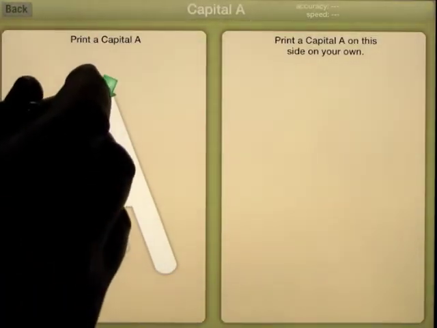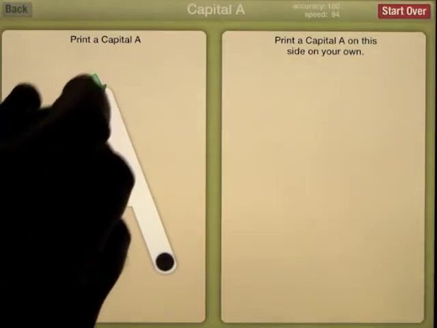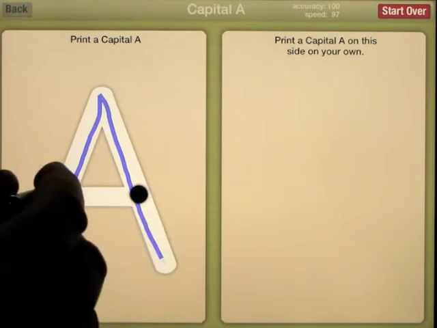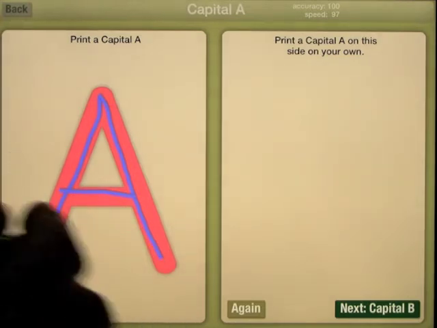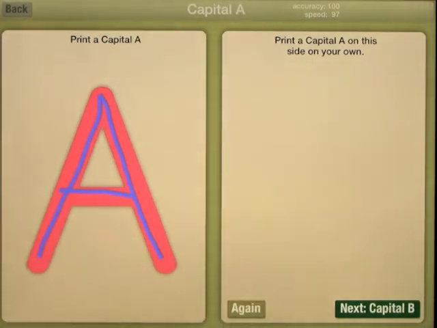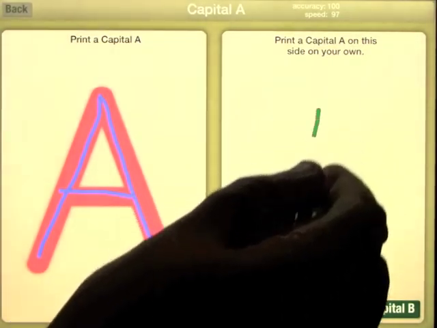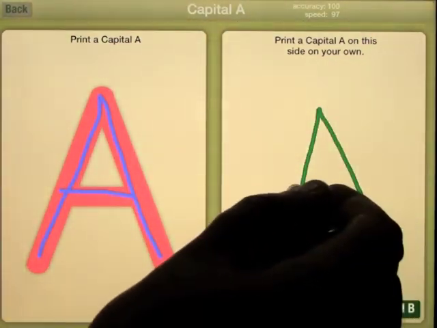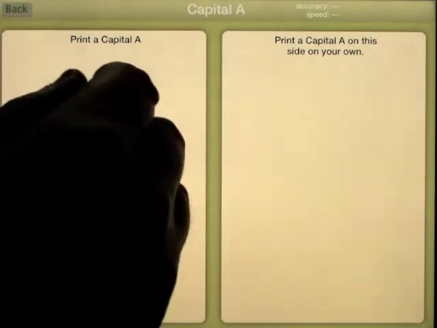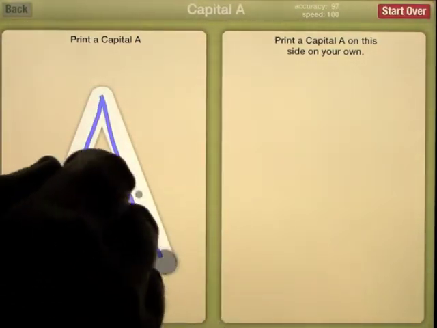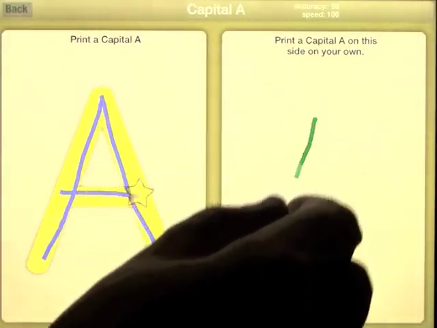I use a stylus for this again. And again, it's a matter of accuracy. Don't forget they don't have to be perfectly straight lines, just like mine are a little squiggly there. But it does give accuracy if it's within the actual shape. Now the good thing is you get to practice this on your own on the right hand side, and you can do it again if you're not happy with that, or you could move on to the